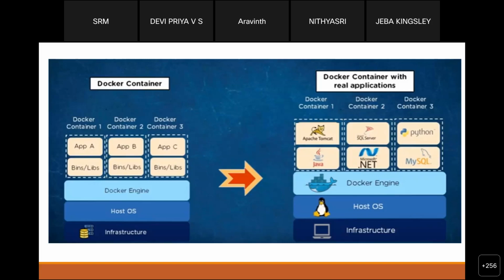So the same has been implemented with a Docker container in real world applications, where on the right side we can see an Apache Tomcat with Java, because if I am running a server in Java, having Apache Tomcat at the server, then I can use this container. So the container 1 will be having all the dependencies associated with that. And second container, if it is related to .NET and SQL Server, and the third container is related to MySQL